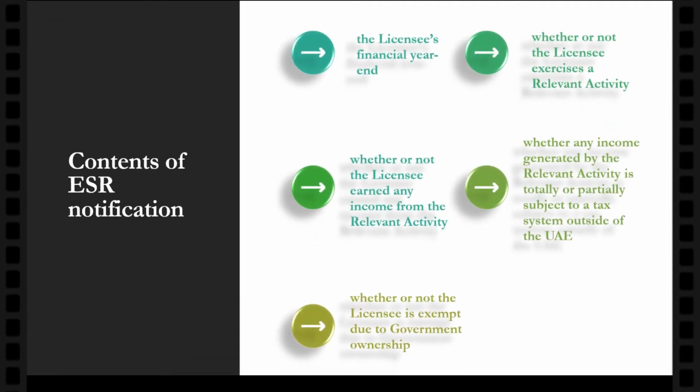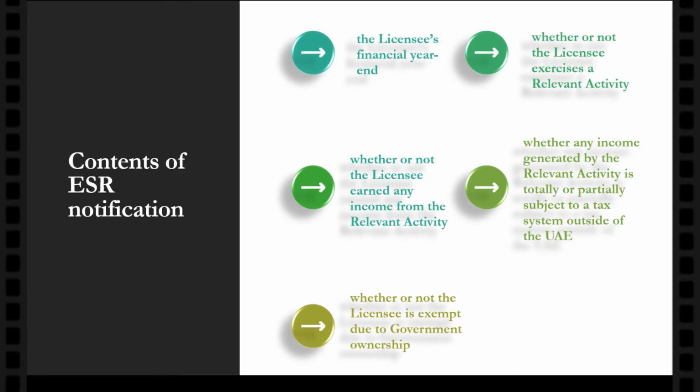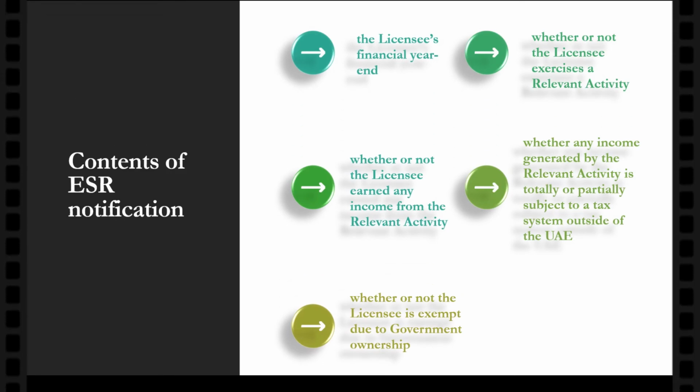So, those businesses which are carrying out relevant activities should notify the regulatory authority about the economic substance. So, what should be disclosed in the economic substance notification? Let's see that. In the economic substance notification, the licensee should disclose the following: the licensee's financial year end,